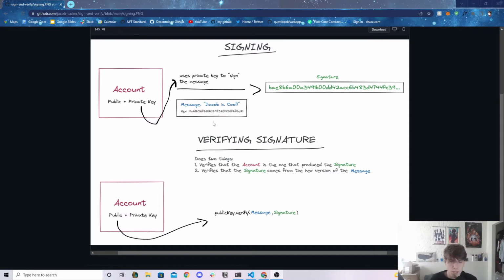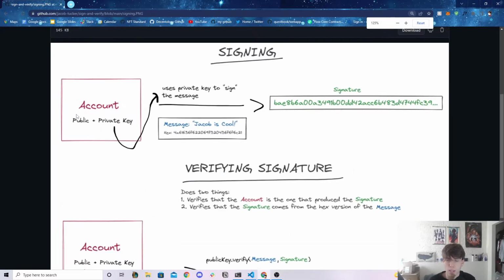So in order to actually sign, the message has to be what's called a hex string. So if I narrow in a little bit, you'll see that this hex is a bunch of random letters and numbers. When you actually sign a message, you're signing the hex string version of that message. So in this case, the message is "Jacob is cool," but we convert it to a hex string, which is a bunch of letters and numbers, and then we use our private key to sign this message,